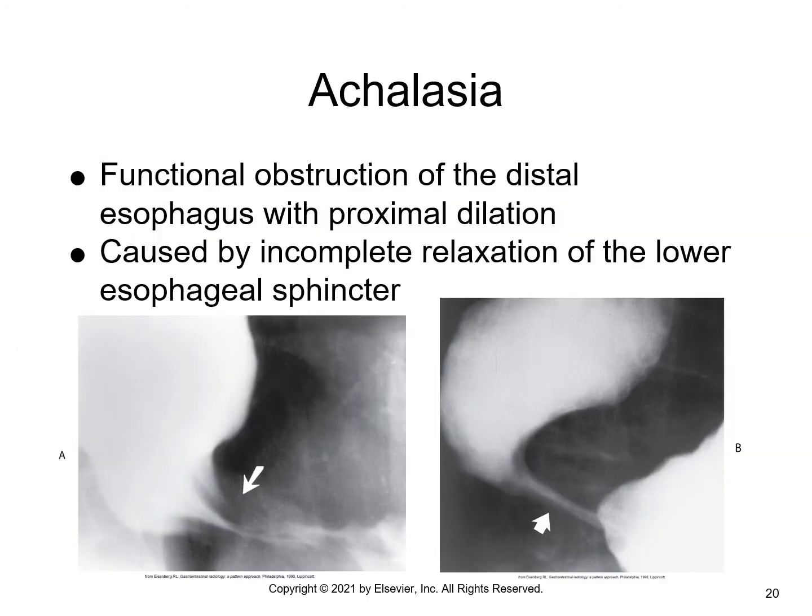Okay, achalasia is an interesting abnormality. This is where you have a functional obstruction of the distal esophagus right before it enters the stomach. Now, usually this is caused by some nerve damage. So usually our nerves make our muscles contract. It makes our orifices open and close. And in achalasia, some nerve problems at the area of the distal esophagus cause it to have incomplete relaxation, allowing food to move